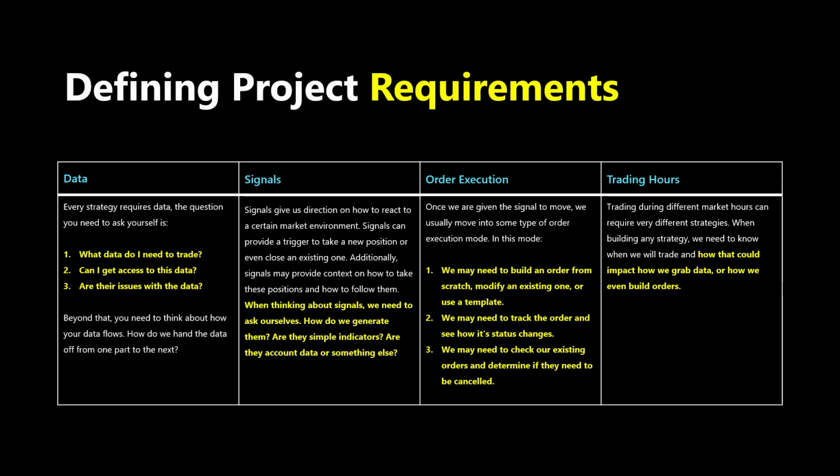And we have to then ask ourselves, what does that flow look like based on the signal that we were given? So when we think about signals, we first have to figure out how we identify them. How is our code going to be able to identify those signals? And then we also have to write into our code what has to happen after those signals are generated. So it's not just identifying them, it's also defining what has to happen